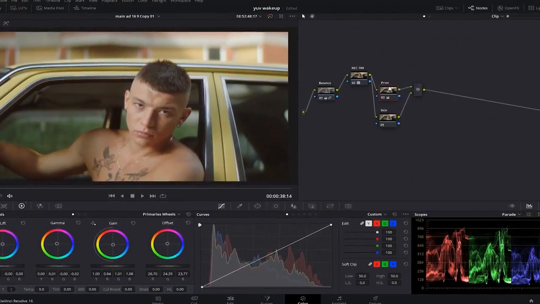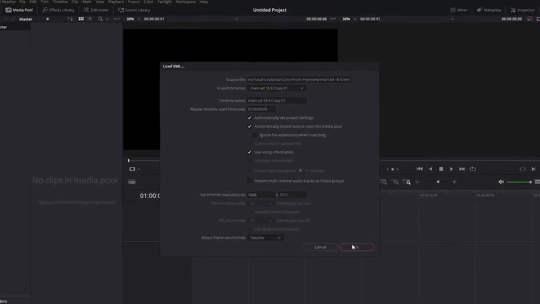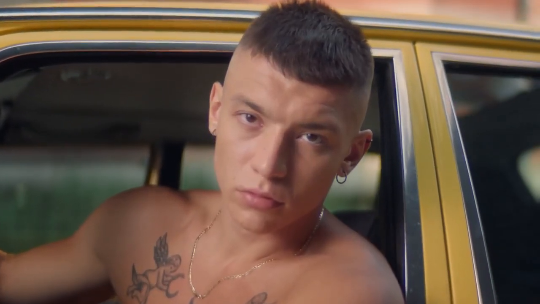I just want to show you guys how to color grade in Davinci Resolve and how to bring your entire timeline from Premiere Pro into Davinci so you can keep editing in Premiere like you're used to, but do the color grading itself in